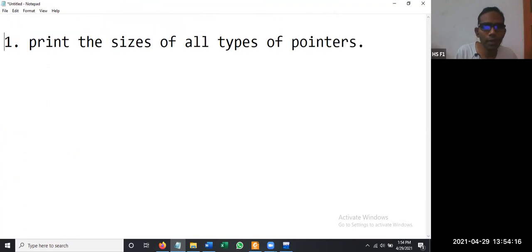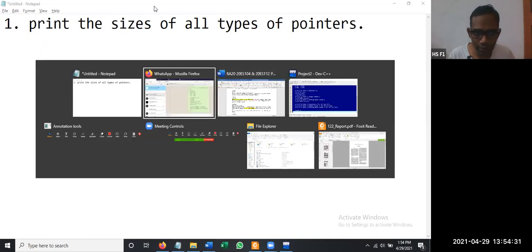So this is the first program for today. Print the sizes of all types of pointers. How many bytes integer pointer is going to allocate, how many bytes character pointer is going to allocate, etc. Okay, I hope you can do this one. So let us get back to the class.